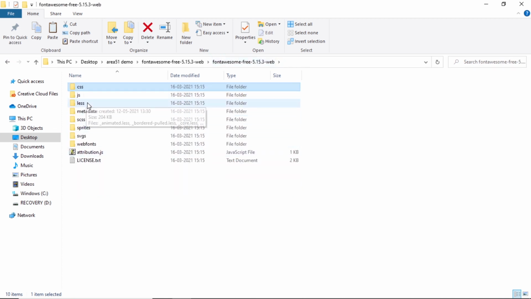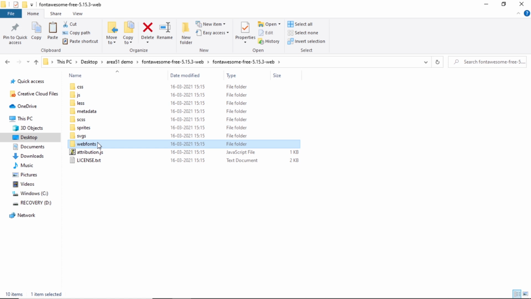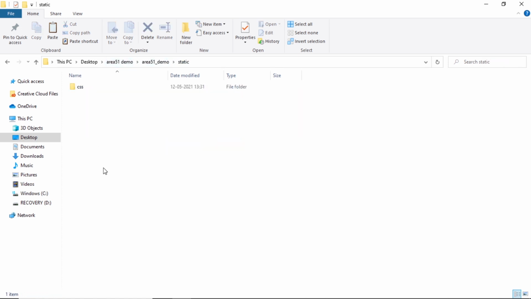We don't need JS, then we will need webfonts. We will copy this complete folder, go to our static and paste it here only, because by default Font Awesome will look into the static folder, so we will keep it here only. If we put the folder inside some other folder, we might get some error, so we must always keep webfonts in the static directory.